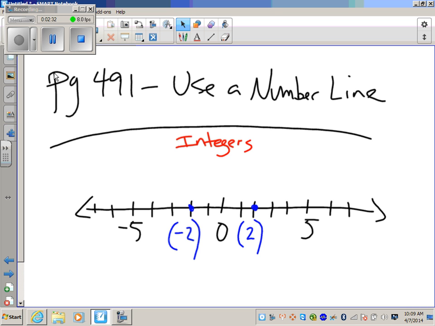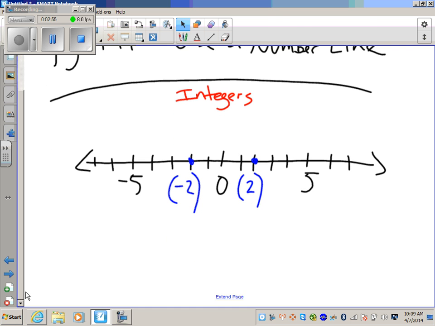Integers are the set of positive whole numbers, their opposites, and 0. The opposite of 0 is 0. There's no such thing as +0 or -0. 0 is just 0, okay? When they talk about distance from 0, okay? So if we take a look at opposites,